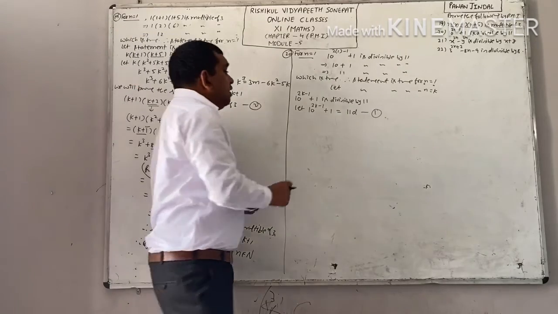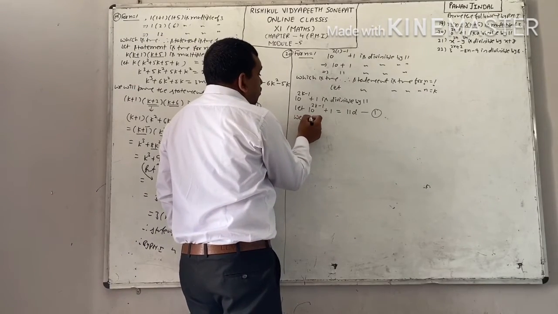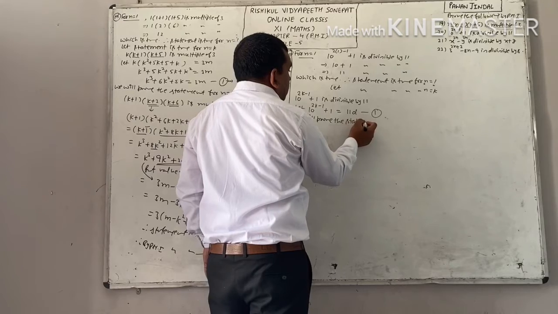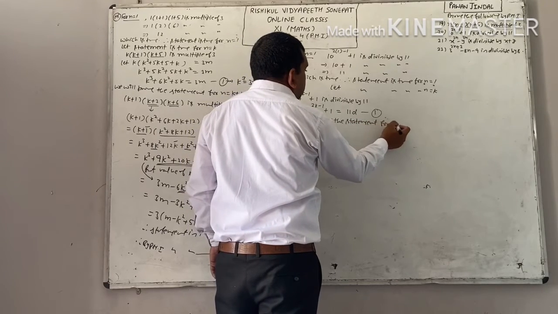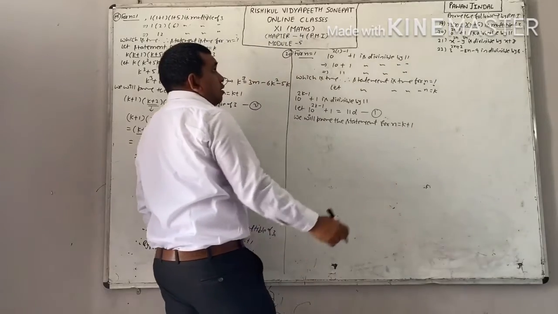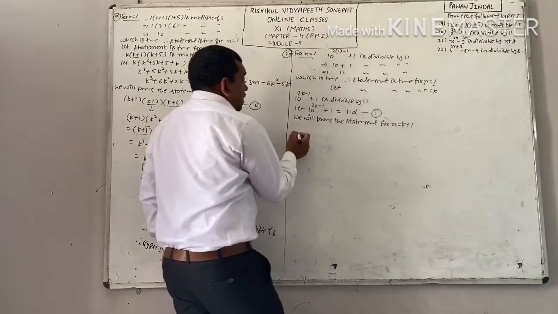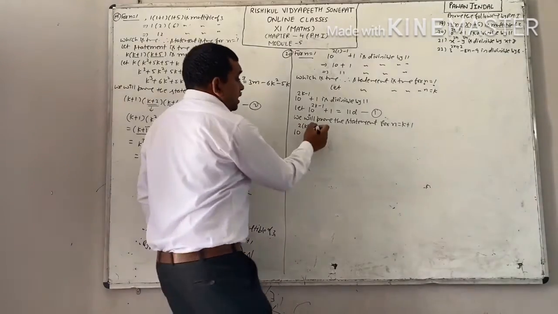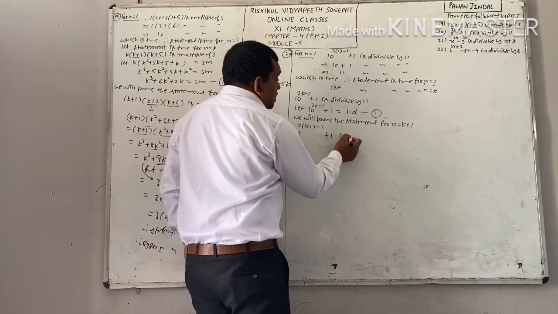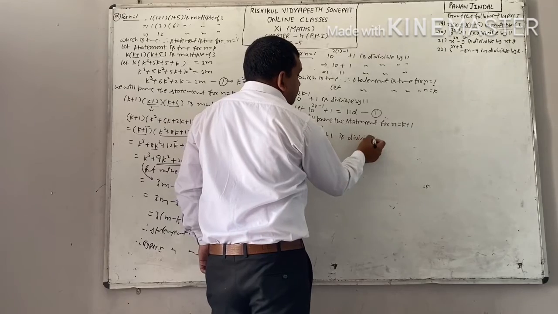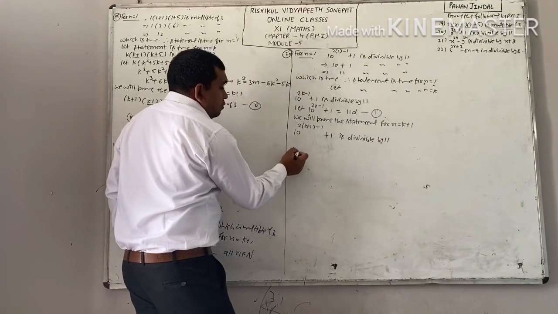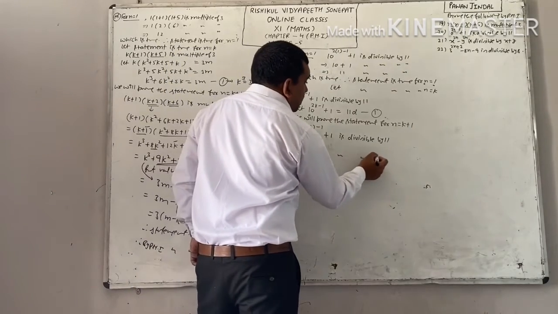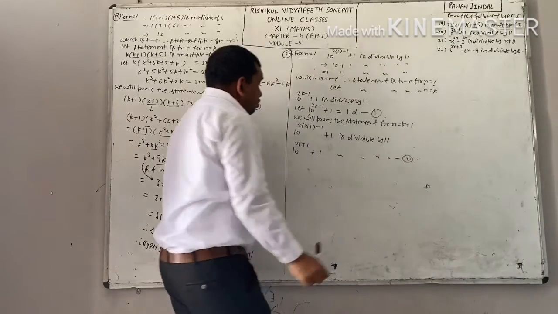And the last step, we will prove the statement for n equal to k plus 1. Now put n equal to k plus 1. See what you get. 10 raised to power 2 into n in place of n. Put k plus 1. Minus 1 as it is. Plus 1 is divisible by 11. Simplify this one. 2k plus 2 minus 1. This will become 2k plus 1 plus 1 is divisible by 11. This we have to prove.